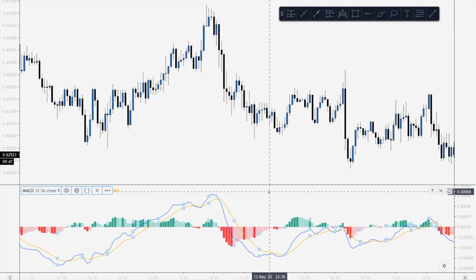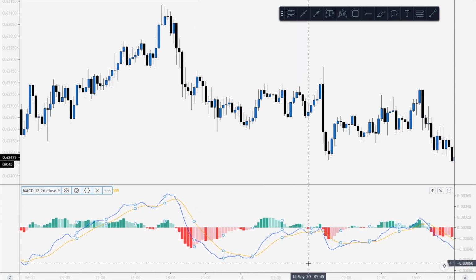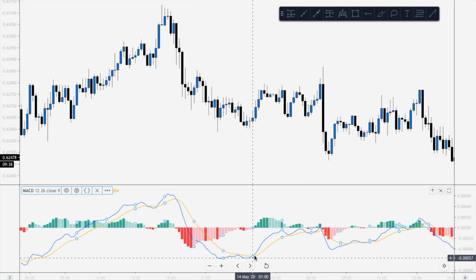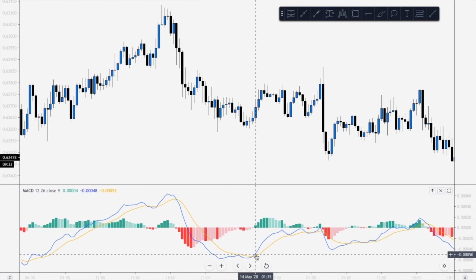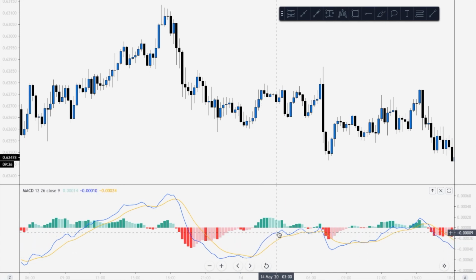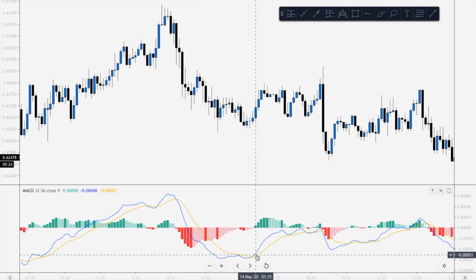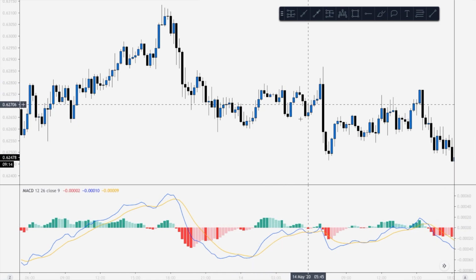Number 3, MACD line and signal line crossover plus the histogram. Many traders use a histogram with the above method to confirm the buy and sell signal. Like when both the lines, that is the MACD line and the signal line, are far below the baseline, and the MACD line crosses the signal line and moves above it, traders look for the histogram to move above the baseline and form green bars, and then consider it as a buy signal and enter a buy trade.